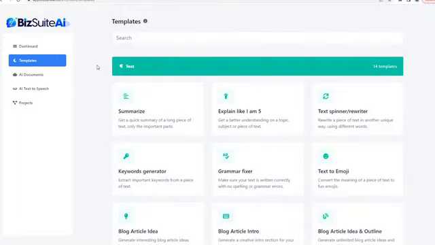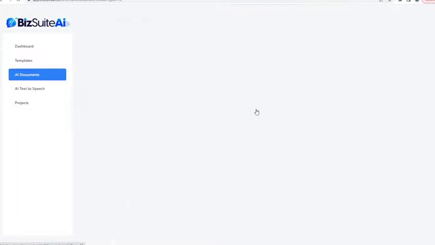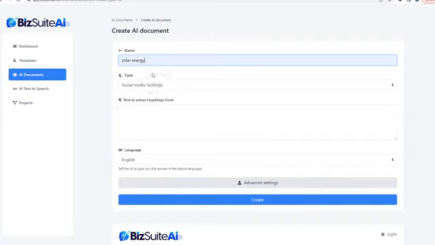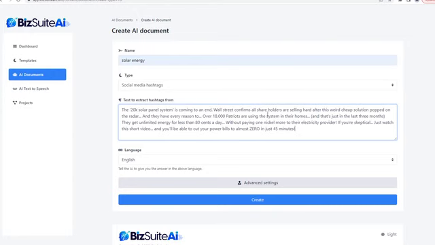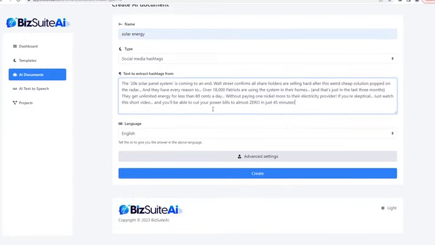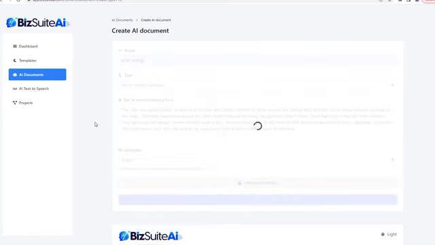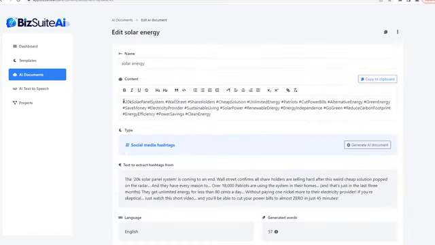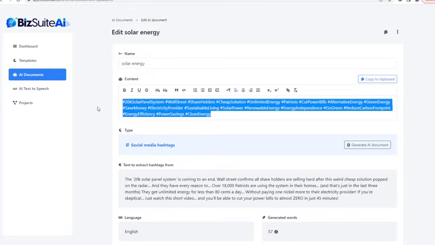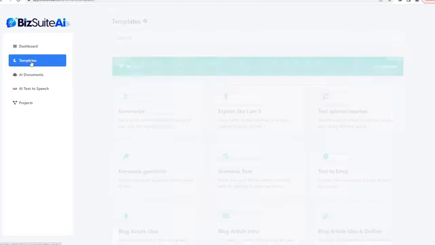Going back to templates, we'll grab some social media hashtags. Same topic. And for the text, I'm going to use that same email that we had grabbed for that product that we were looking at on ClickBank, because maybe I would want to promote that on social media. Click create. Sure enough, it came up with perfect hashtags for that promotion. Going back to templates,